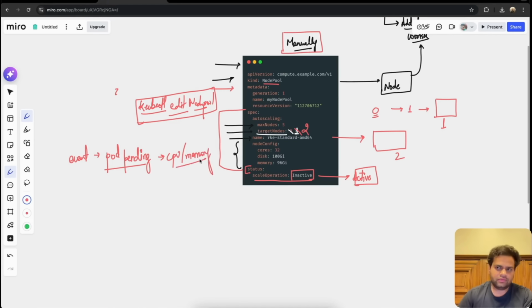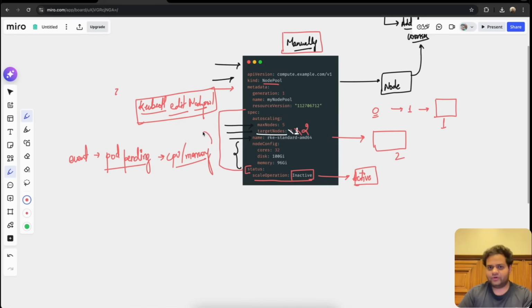Now, you know that a pod could be in a pending state for so many reasons. The pod could be in a pending state because there is no secret that the pod is referencing, or a persistent volume is not available that the pod needs. The thing is, you have the logic where you